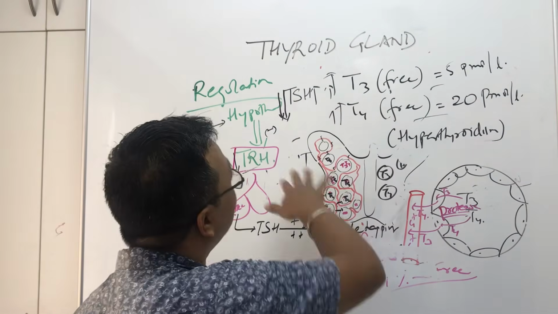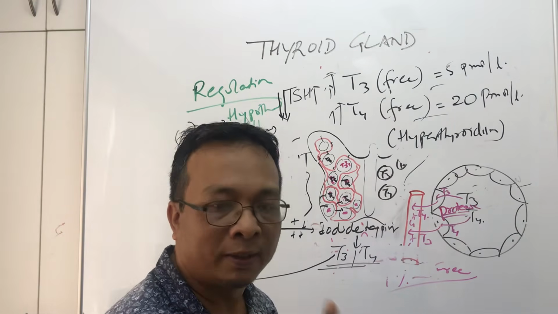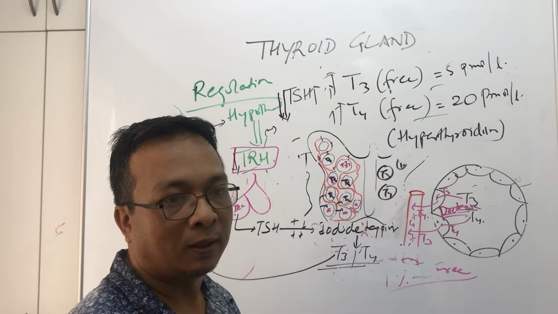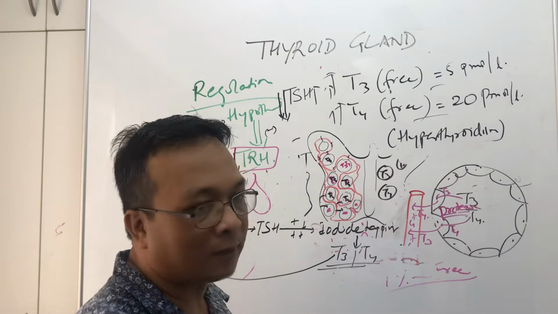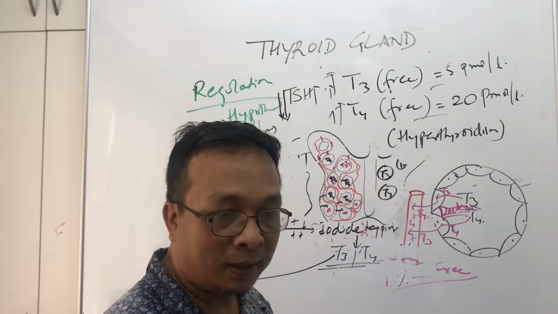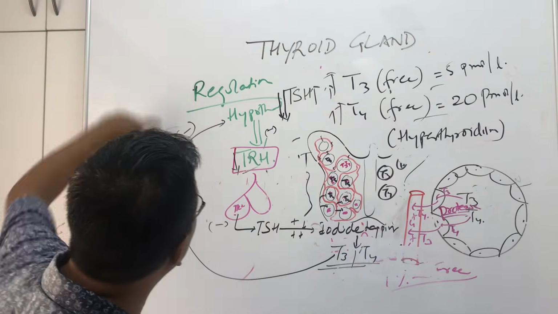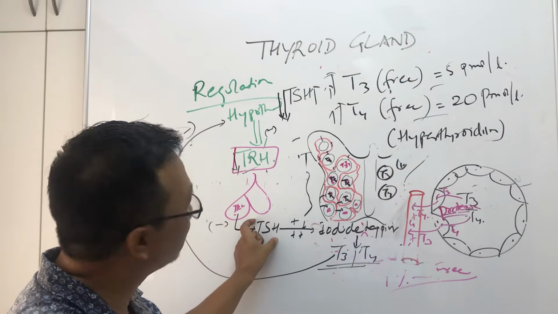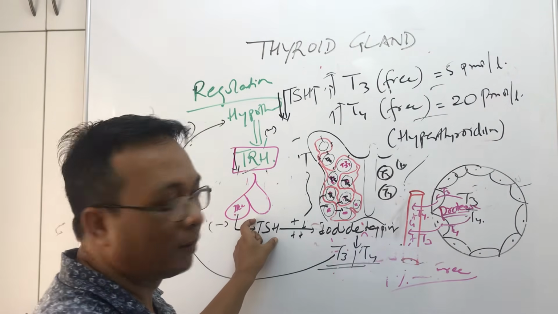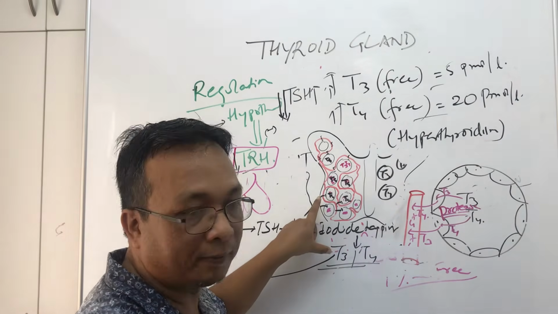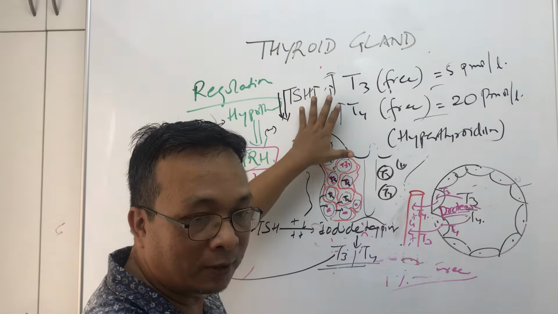You cannot have all three high together; that is a very rare scenario. In any hyperthyroidism case, you'll see in the lab report that T3 is very high, T4 is high and TSH should be less, because of this negative feedback mechanism. But T3 and T4 are very high. Okay, that is hyperthyroidism.